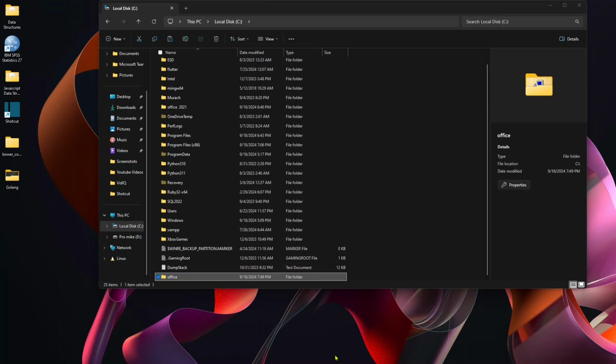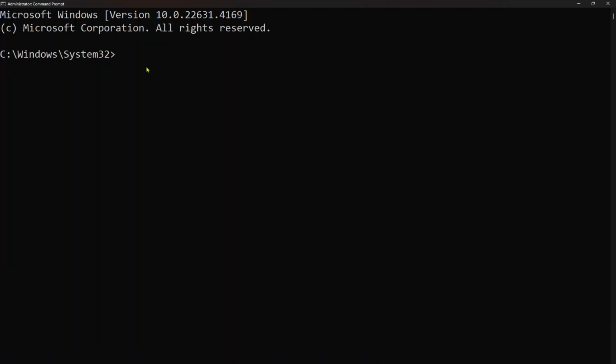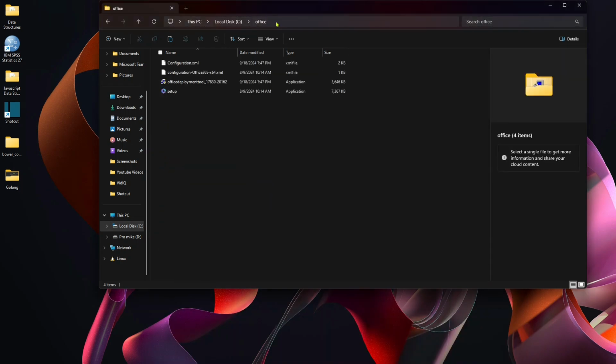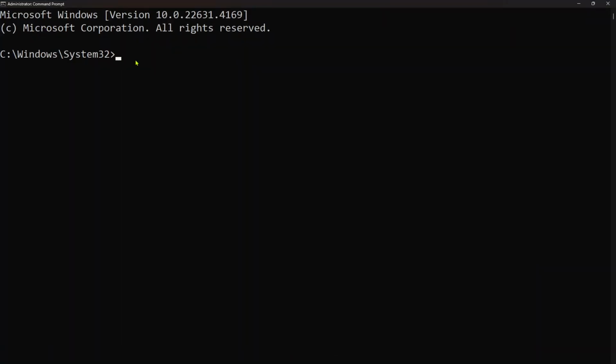Now open your terminal. So I'm going to open my terminal, command prompt as administrator, and then now we want to cd to the folder that we have moved here. So click there and then copy the path. Click there at the top and then copy this path. Come back to your command prompt and now cd to it like that, Office, and then I'm going to provide the